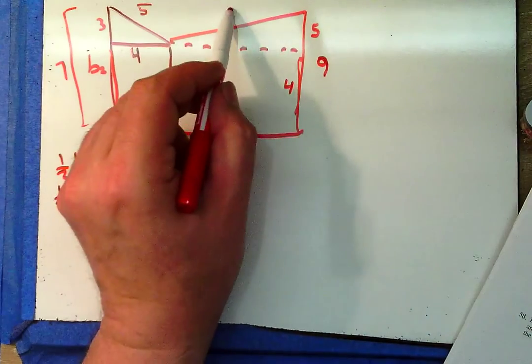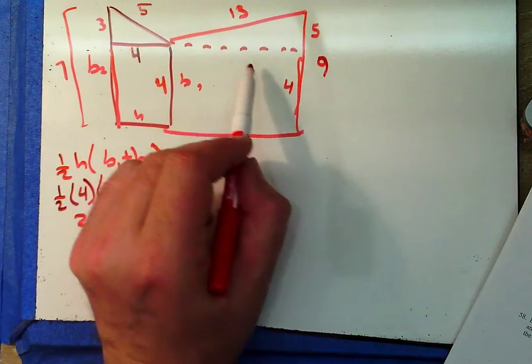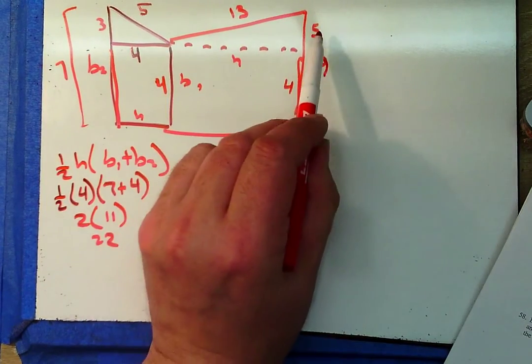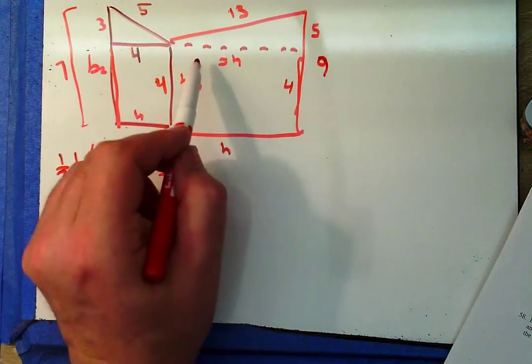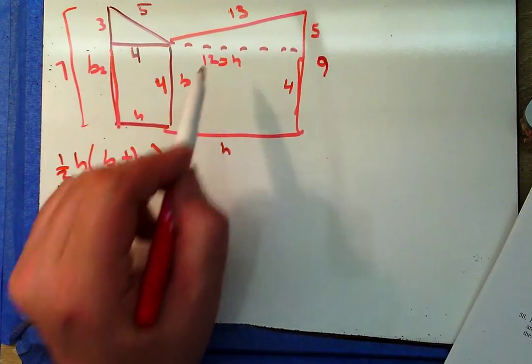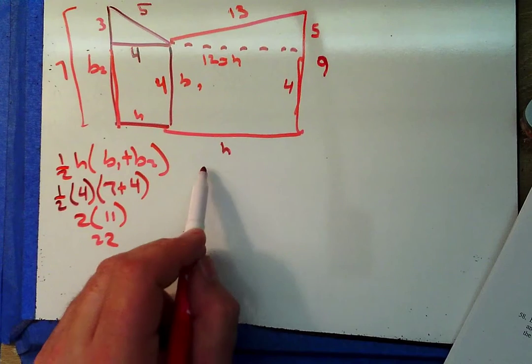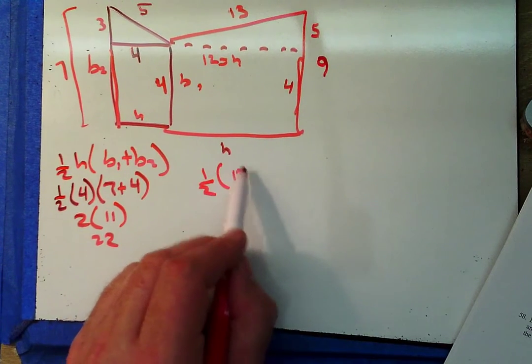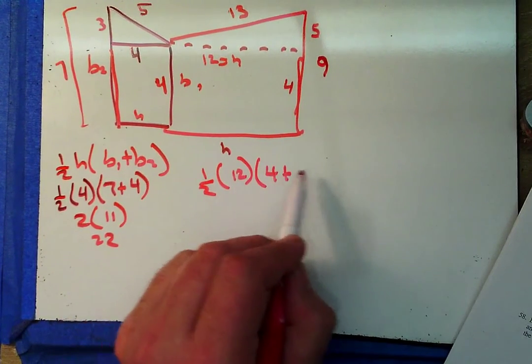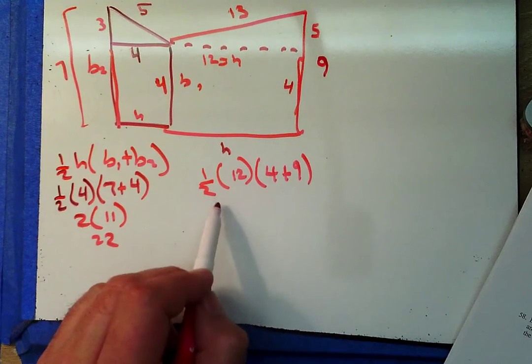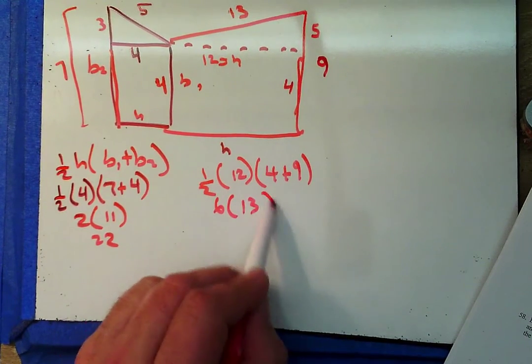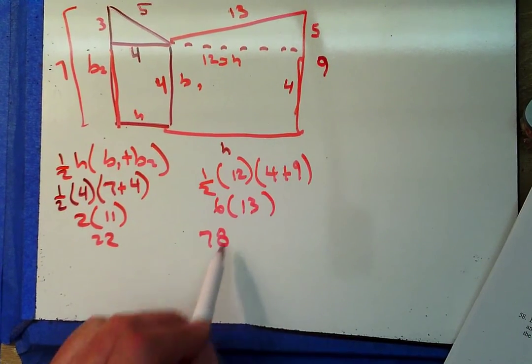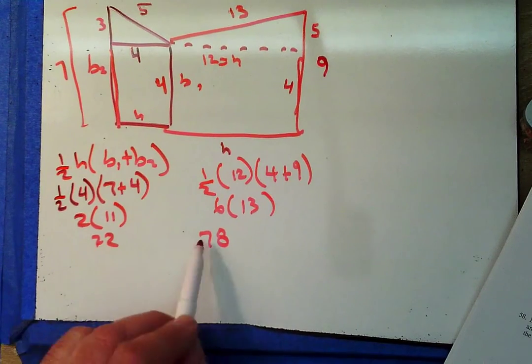I know that this is 13, and I'm looking for my height. 5, blank, 13, well, hopefully we know that that's a 5, 12, 13. So then I've got 1/2 times 12 times 4 plus 9, or 6 times 13, which is 78, plus 22, which is